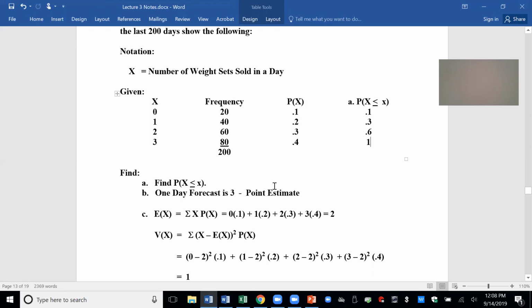If you ask me to forecast tomorrow and what demand will be tomorrow, our convention is we pick whichever one has the highest probability. If I was going to give you 10 bucks, if you could guess right what demand would be tomorrow, you'd guess 3 because it has the highest probability. The expected value: 0 times 0.1, 1 times 0.2, 2 times 0.3, 3 times 0.4, add them all up. On the exam, all you'll do is write that, and then I will give you a check figure.